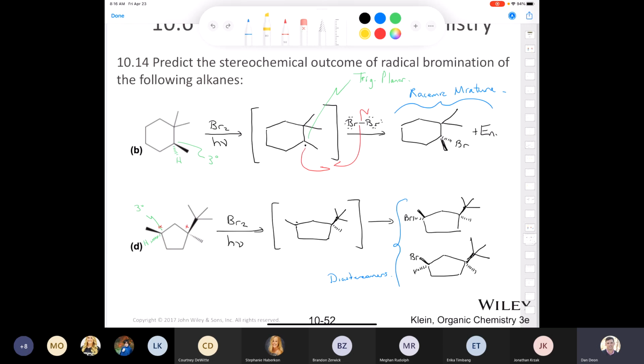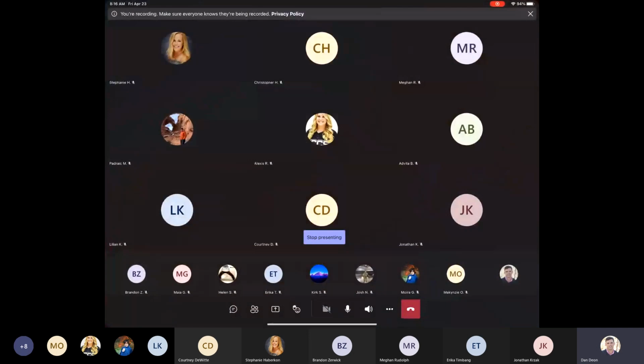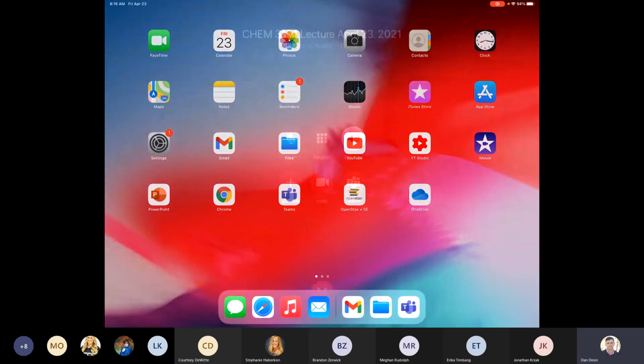The reason why is because the tert-butyl group is coming out towards us and the methyl group is going in back. And so this is a chiral intermediate, right? There is a stereocenter in the intermediate. And since the top face of the molecule here is going to be more hindered by that big tert-butyl group, the bromination is probably going to occur on the back face of the molecule more. So when you form a mixture of diastereomers,